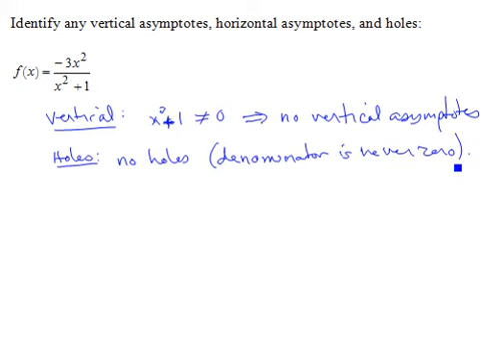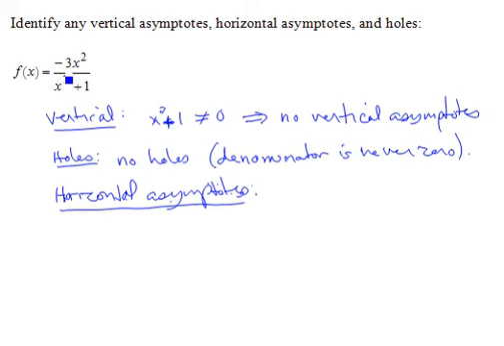First and foremost, if we're going to have a hole, we need the denominator to be 0. That's compensated for by a numerator that's also 0. So no holes, and we can simply look for horizontal asymptotes. Horizontal asymptotes will occur in this case where y is equal to negative 3 over 1. The reason being, when the degree of the numerator and denominator is the same, as it is here,